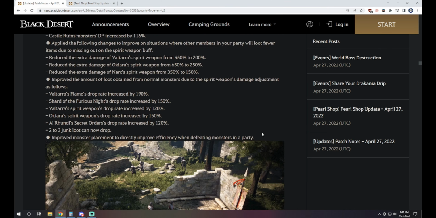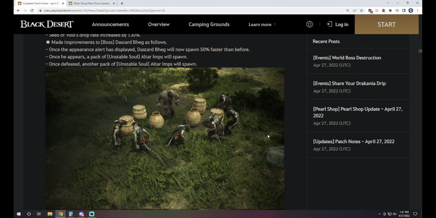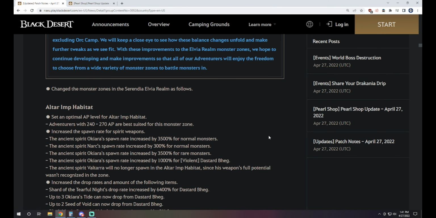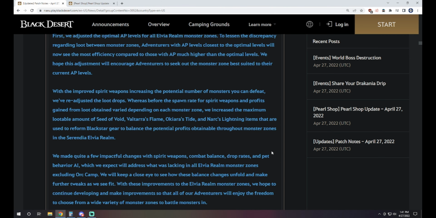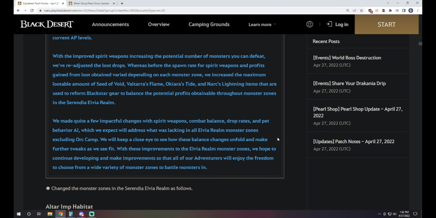I don't know the overall impact of these AP caps because I haven't gone into the lower zones yet, just Orcs and Bloody Monastery so far. So I don't know the impact on what that means for it. The way that they explain this, though, is that in that AP range, you're going to be the most efficient as possible at that spot, meaning if you were at 310 AP, from the wording that they're saying, it's going to be less efficient than if you were lower AP, which seems awkward, but this is the way that it's